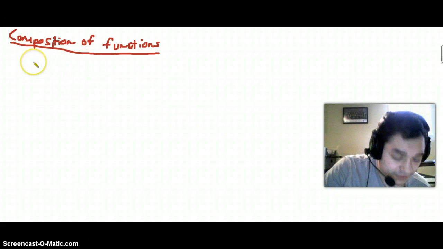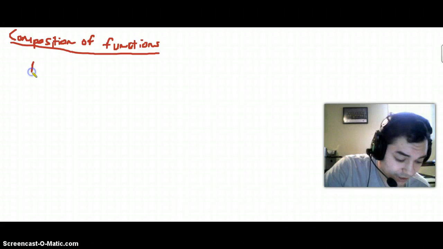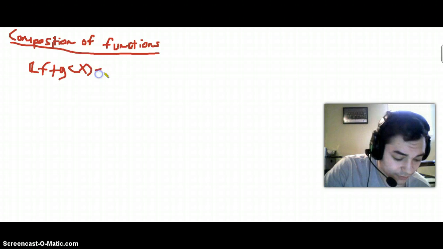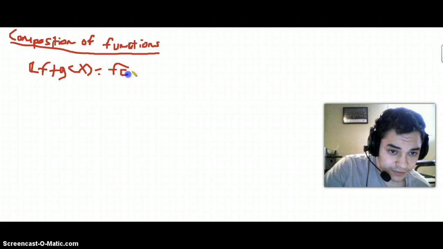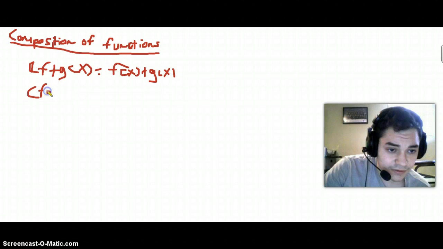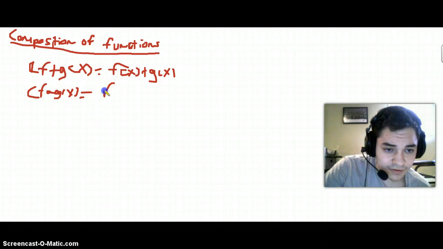So basically for adding functions, if they give us f plus g of x equals, see, this is what it's going to equal. So it's going to equal basically the function f of x plus the other function g of x. Same thing with the subtraction. You just get f minus g of x equals f of x